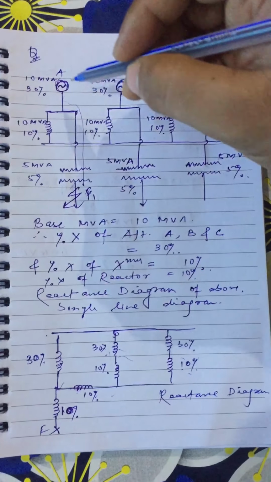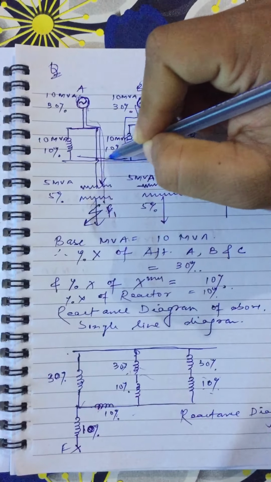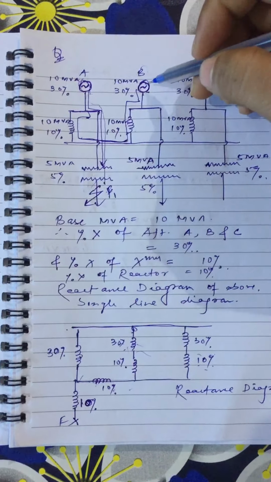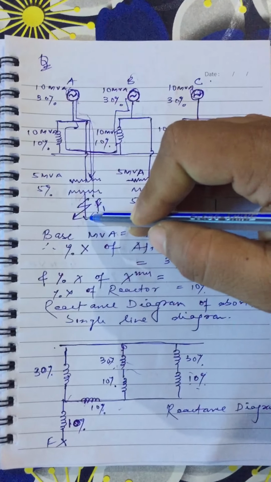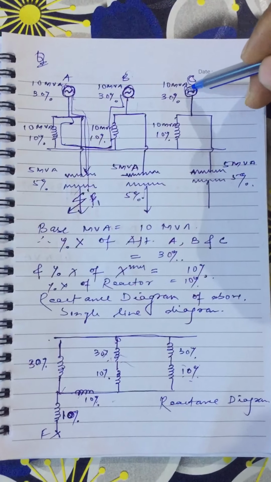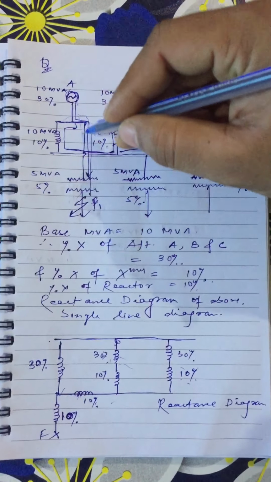First let us consider the fault current direction of alternator A. It will come like this. What will be the fault current direction of alternator B? It will go like this, and then it will go like this. Friend, it will not go through the load side because the fault happened at F1. So this is the direction for the fault, and the fault current always takes the low impedance path. Any source will follow the low impedance path, not the high impedance path. So for C also, the current direction will be like this. Again it will flow like this, and it will flow through like this.